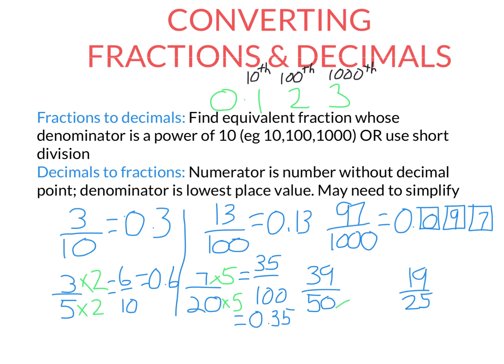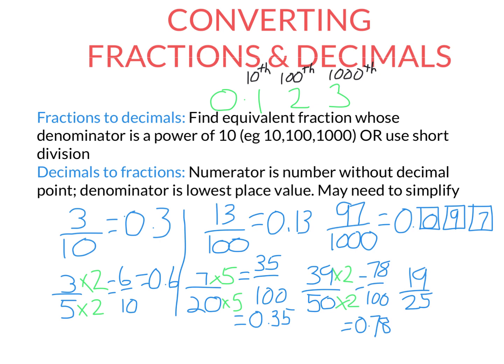Well, 50 goes into 100 twice. If you times the bottom by 2, times the top by 2. So 39/50 gives us 78/100. So we just put 78 hundredths, 0.78. What about